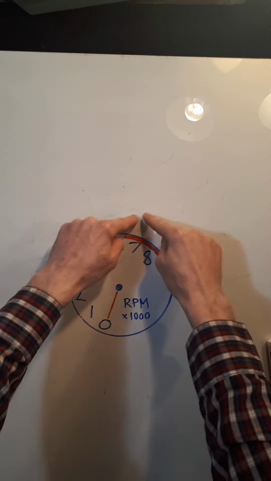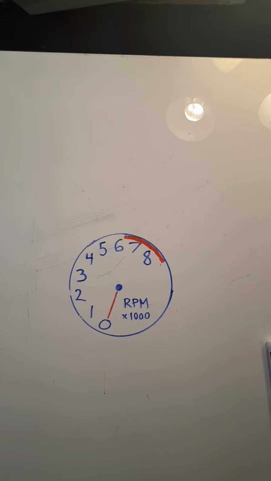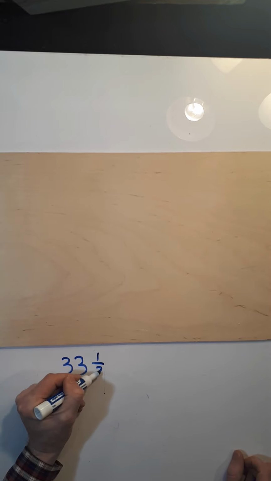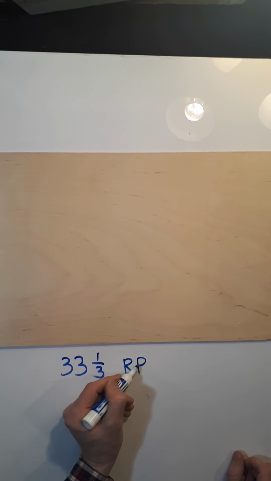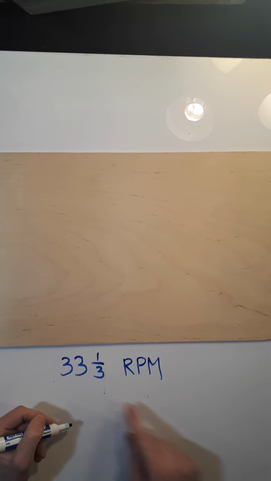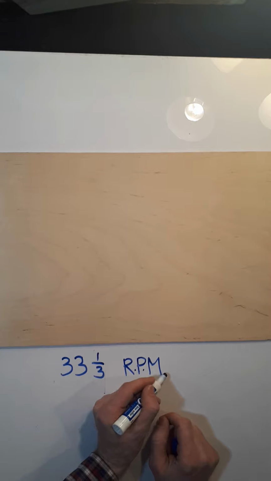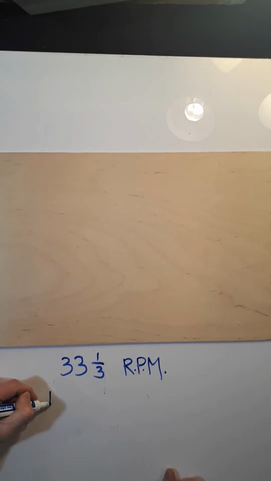This thing looks kind of like a clock, but it's not. I'm going to cover that up for just one moment, and we'll talk about that in a second. But we were talking about the record that turns at 33 1/3 RPM. So this isn't a word, this is actually what we call an acronym. So it's a few letters that stand for something. So what that means is